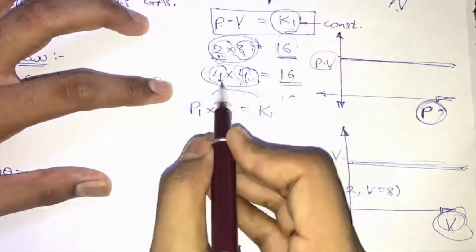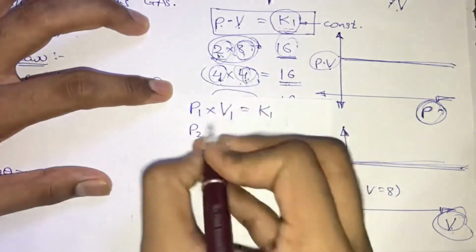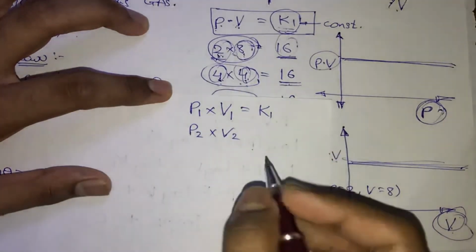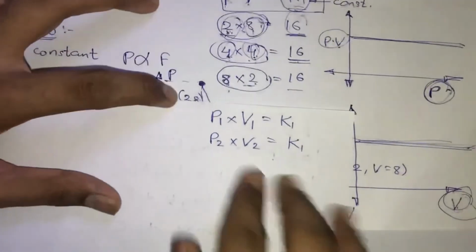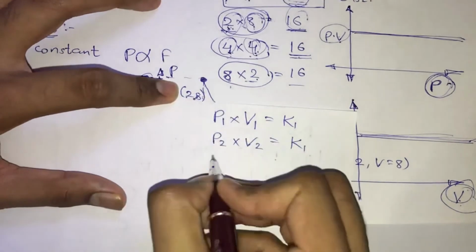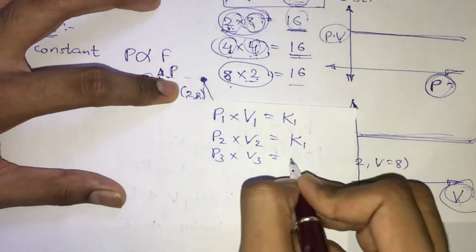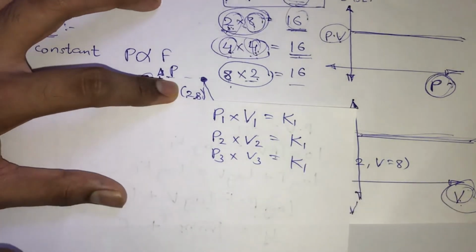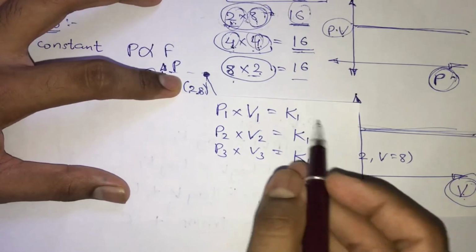So similarly, can I take this 4 to be P2, and this 4 obviously becomes your V2. So P2 into V2 is going to give you K1. Similarly, can I take this to be P3 into this V3 will obviously give me K1. So if you observe one thing over here, that the right hand sides of all these equations is same, that is